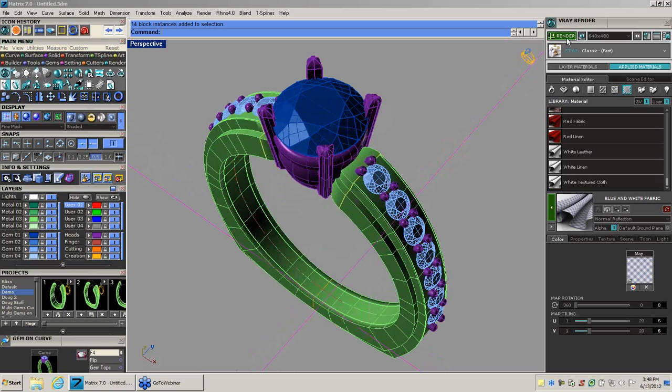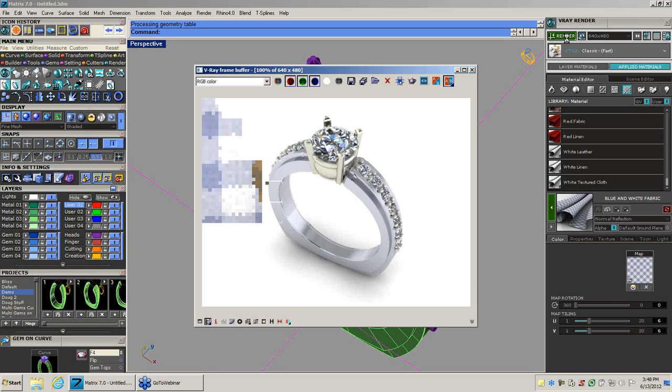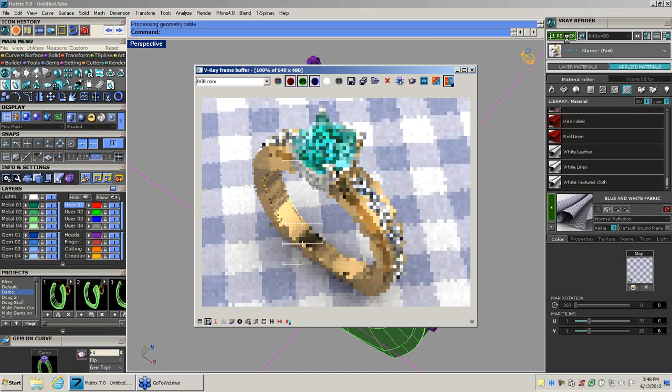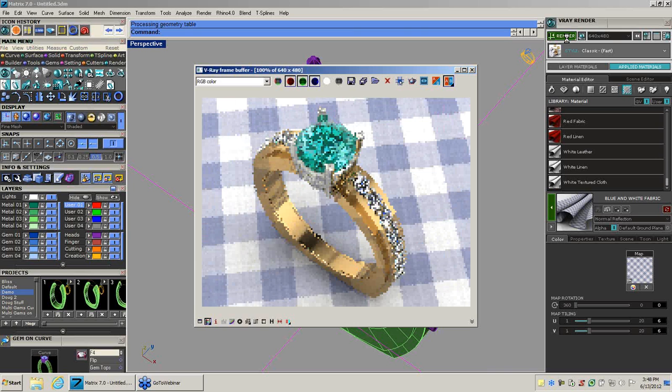So I'm going to go ahead and hit the render button on this and see how this looks. And here it comes. We've got it on a picnic table blanket. So rendering is an art within an art. You can do a lot of great things with it. You can change a lot of colors. You can make things soften. There's an edge soften command that we can do to round things over, because a lot of times people say jewelry looks CAD-like. Well, it does look CAD-like because it's hard edge, because we fix that when we're doing the